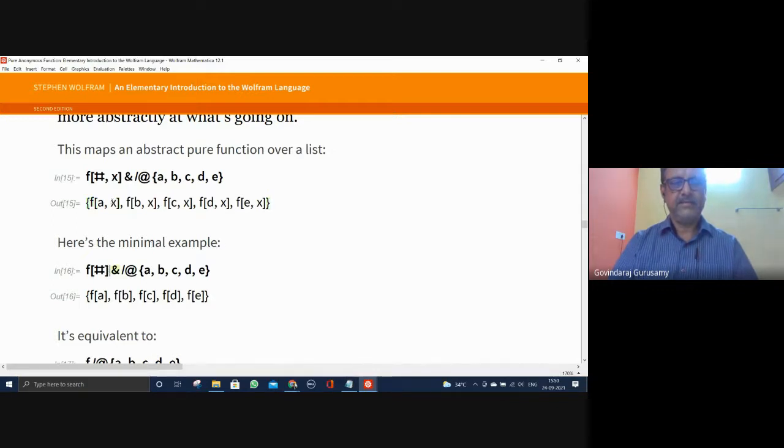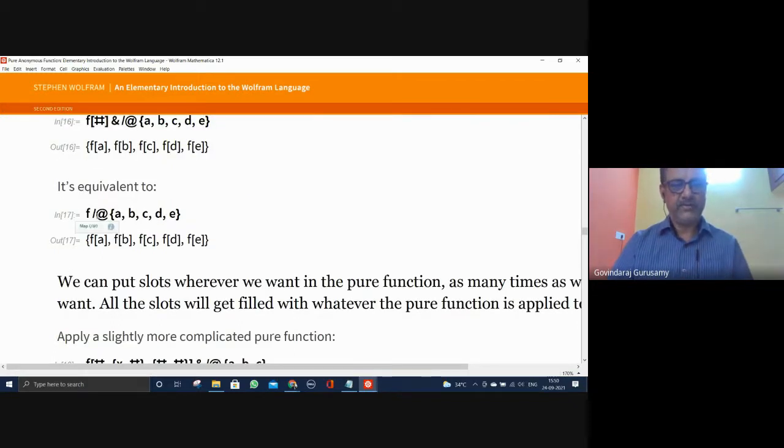Here is the minimal example. Now, don't worry about this. If you don't have that, just add this. f mapping on this A, B, C, D, E is equivalent to f of hash at slash. The minimal is only one hash.